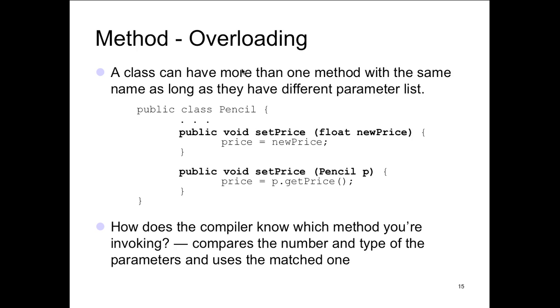So a class can have more than one method with the same name, as long as we have different lists of parameters. So inside of the class itself, we are overloading when we create a constructor, essentially. The constructor, just like in C and C++, has the same name as the class. In fact, it's the same principle. You have multiple constructors. The one that doesn't take any parameters is the default. The other constructors just have a different